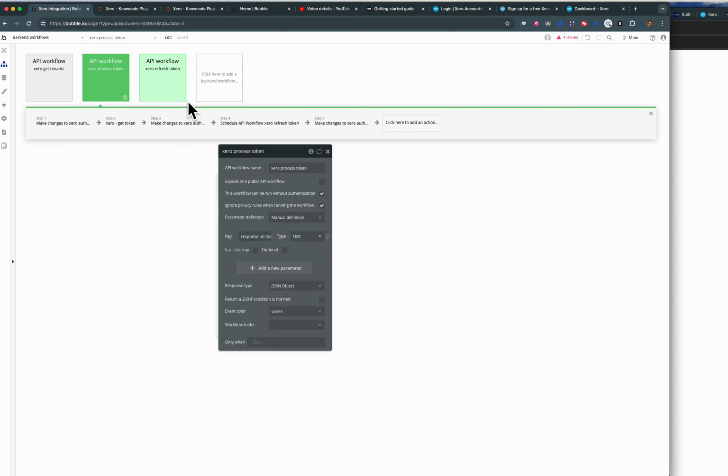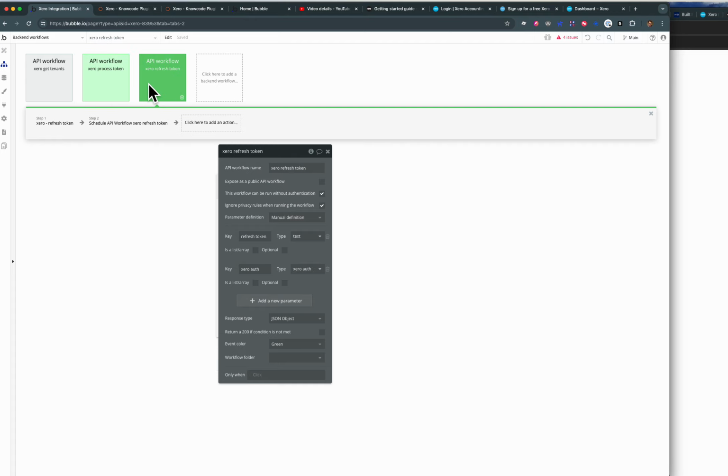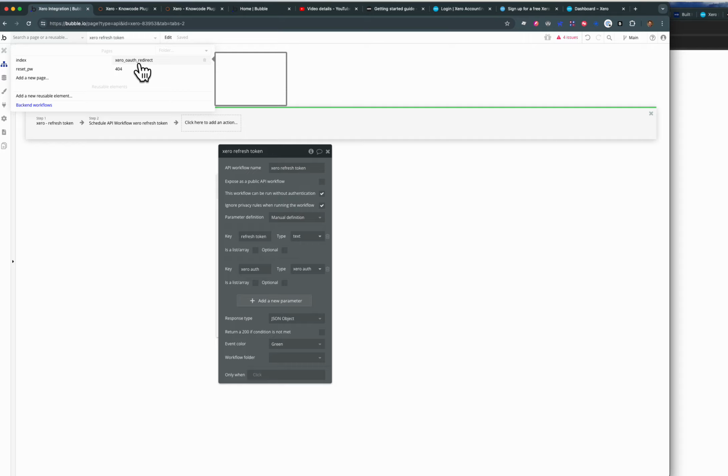These are very minimal implementations. You could definitely make these a bit more robust. And we've got this Xero auth redirect page. Then on our index page,